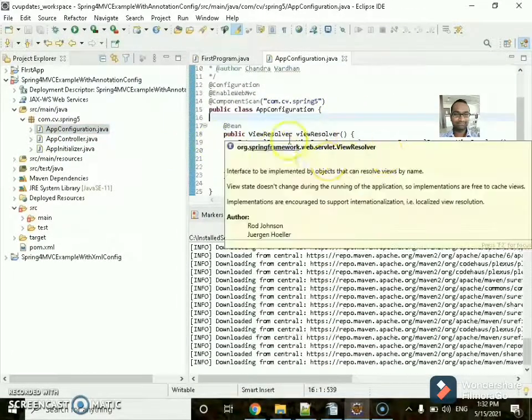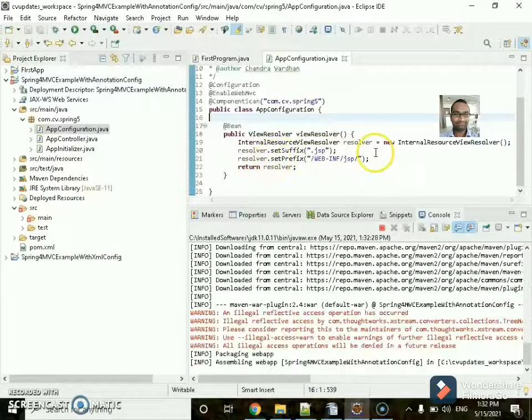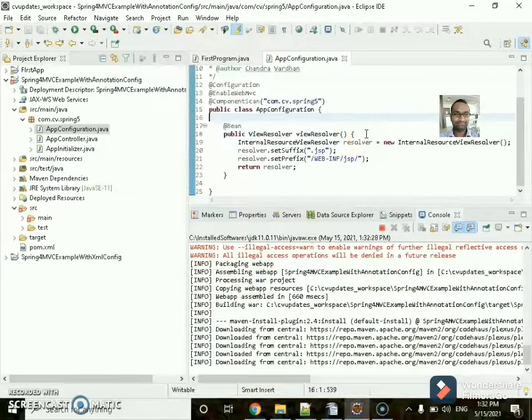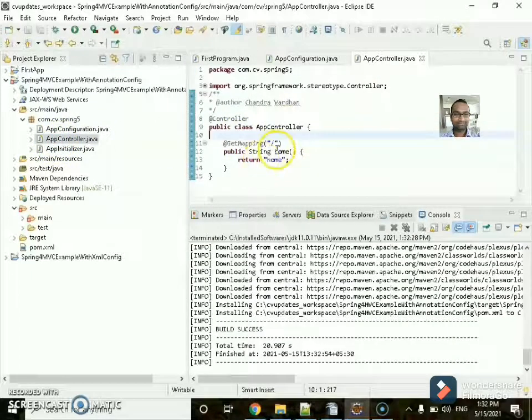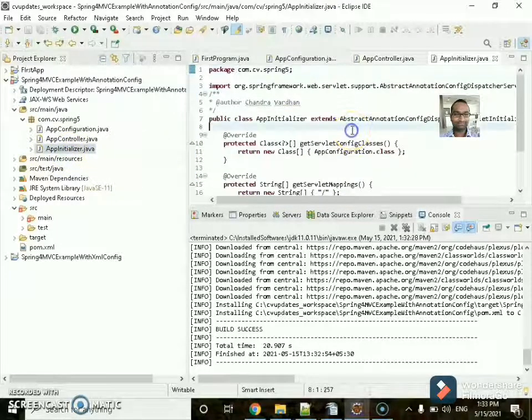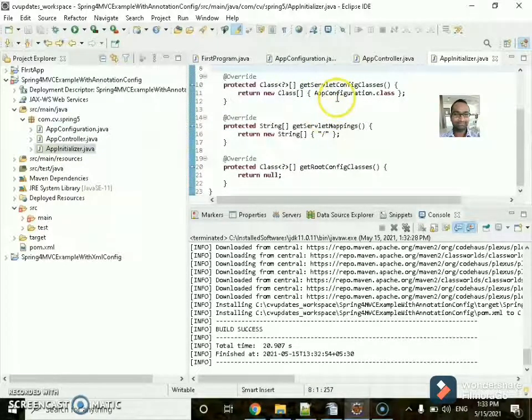Nothing great, but I'm displaying a JSP in the browser. So the controller, I'm hitting a home page. The home page is returning home.jsp. Initializer. This is an initializer for the application, which is reading the app configuration.